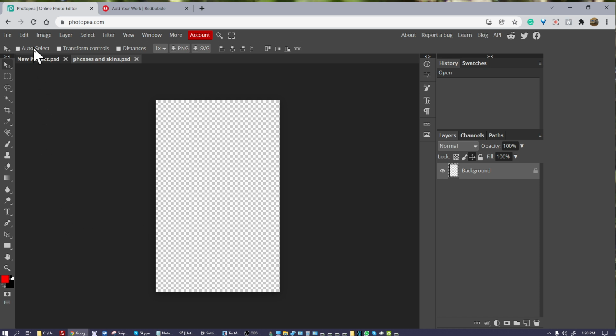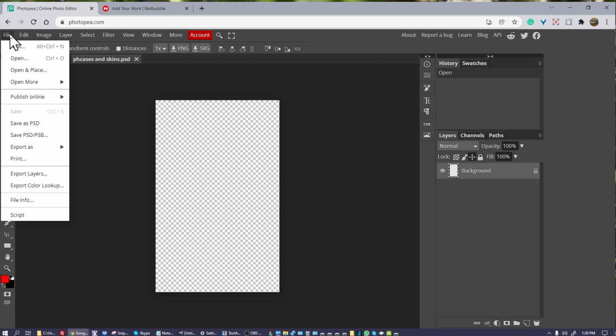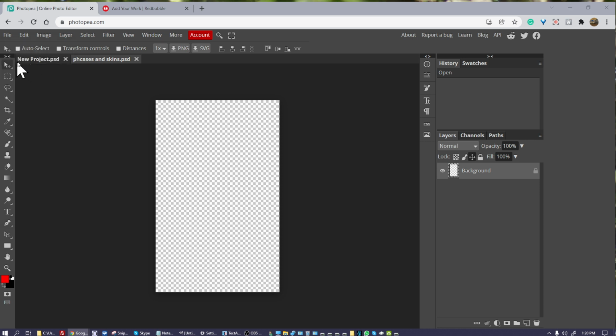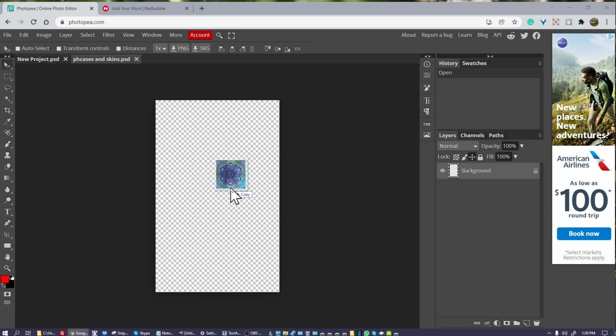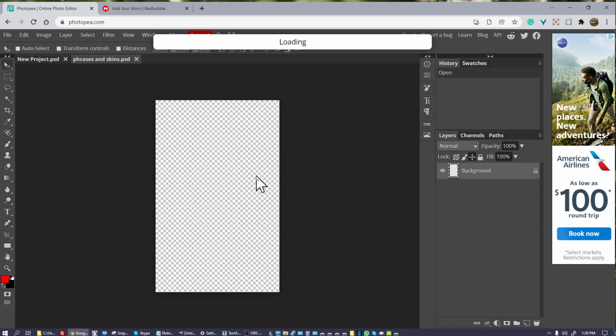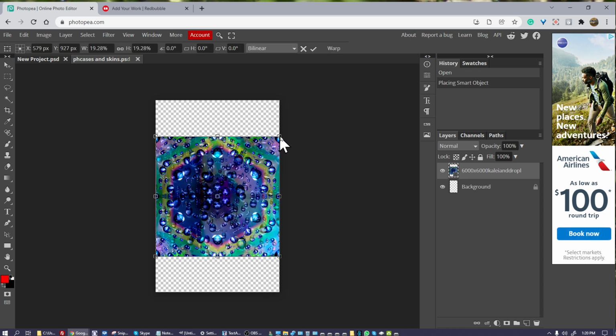And then I could go to File, and then Open and Place. I have it open on the other screen here. Let's take this one, an image I created. It's pretty big. Okay, and it's made it small enough to do this. Okay, good. All right, so I want to take,